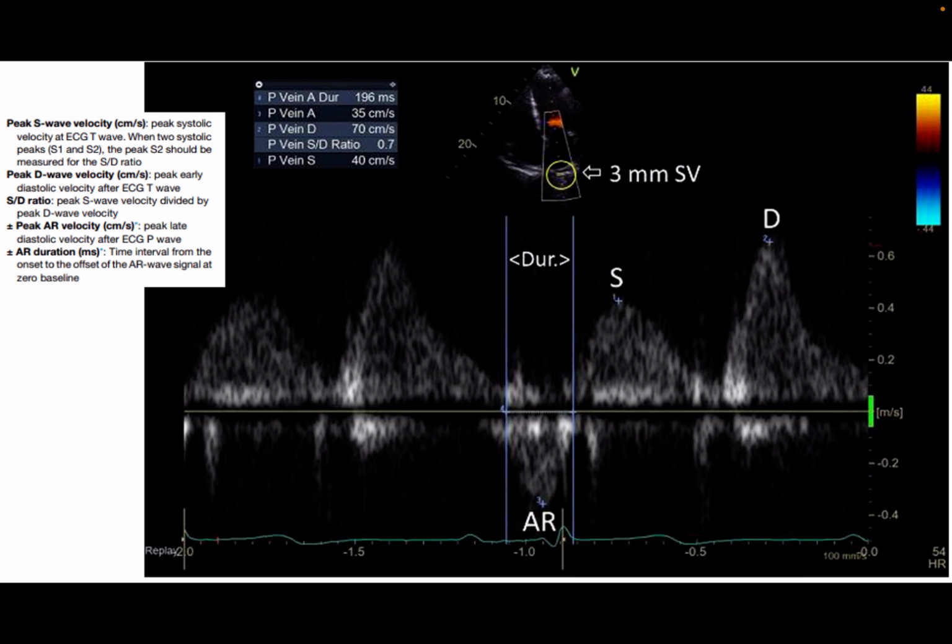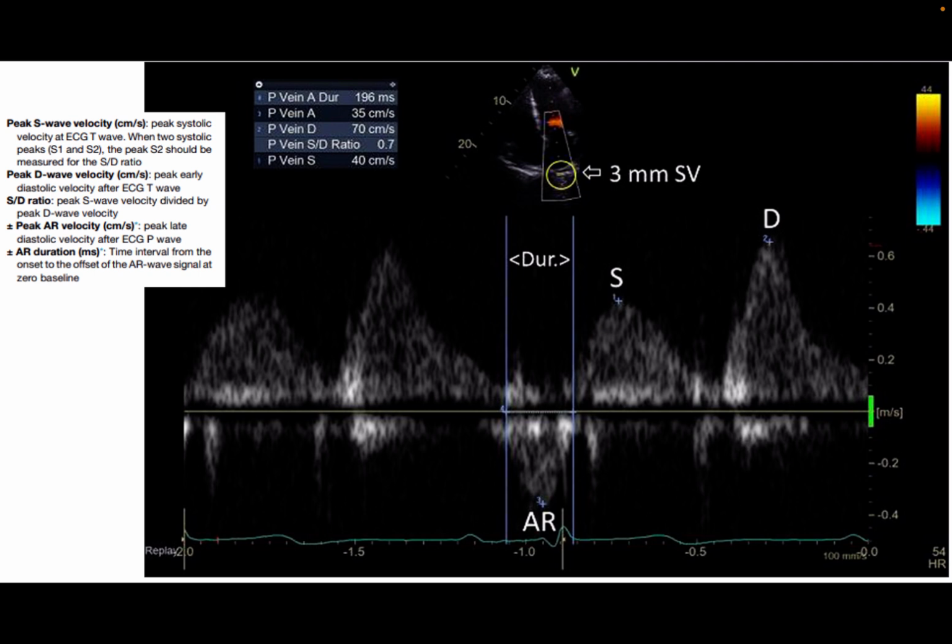AR minus A duration. The pulmonary vein A reversal, AR, occurs just before the mitral A wave. AR minus A greater than 30 milliseconds is equivalent to elevated LVEDP. The high end-diastolic pressure causes a proportionally longer reversal. This is one of the most reliable markers of elevated LVEDP specifically, and remains valuable in hypertrophic cardiomyopathy and other